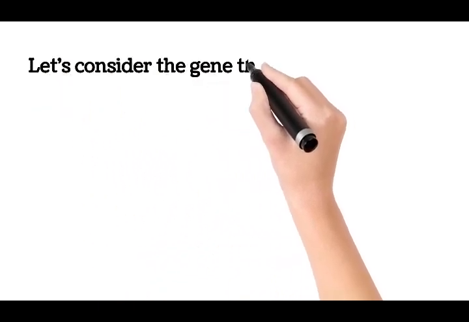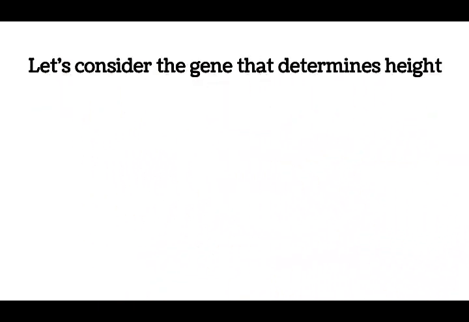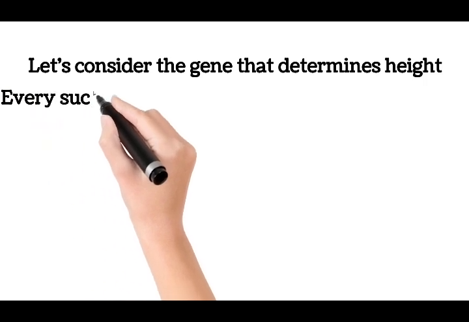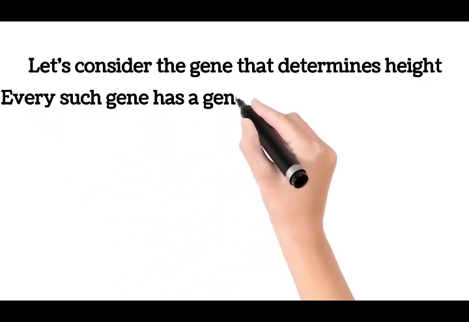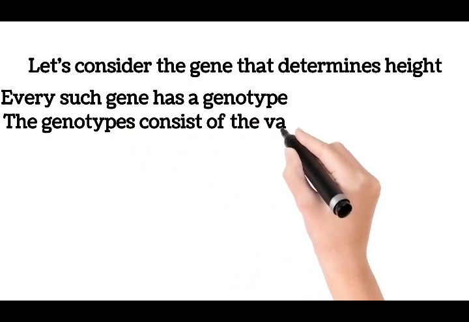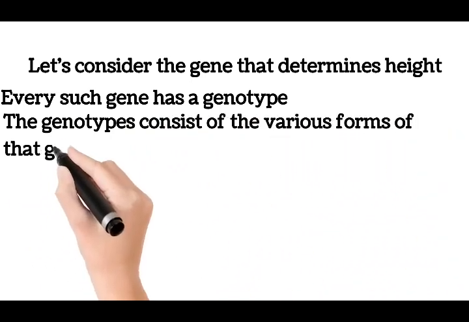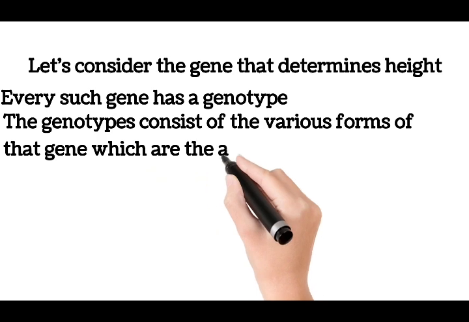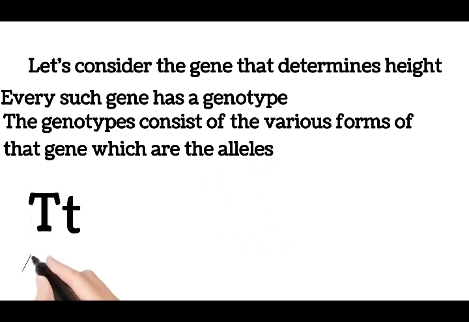Let's consider the gene that determines height. Every such gene has a genotype by this law. The genotype consists of the various forms of that gene, which are the alleles. So this is the genotype. This is the dominant allele and the recessive allele. So this genotype undergoes meiosis to produce gametes, in which each allele produces a gamete that can be inherited by